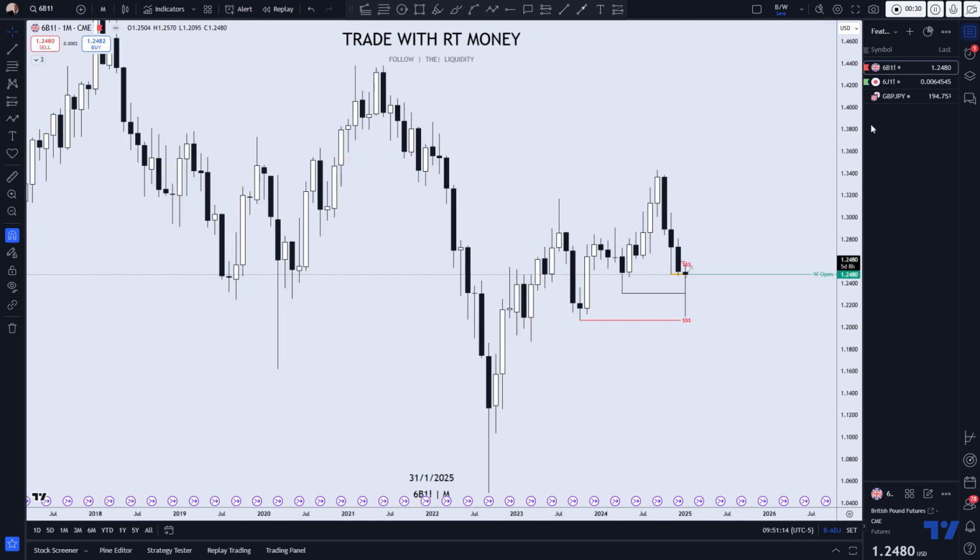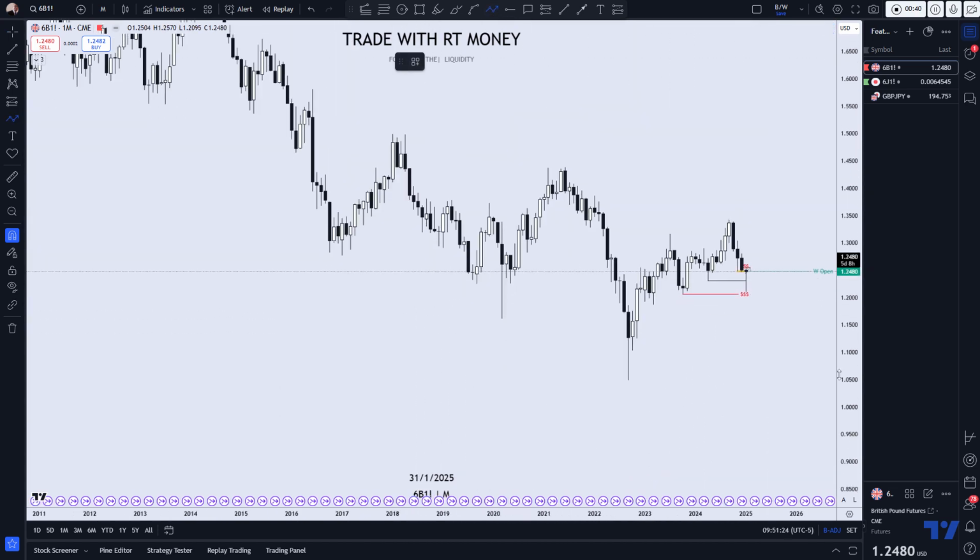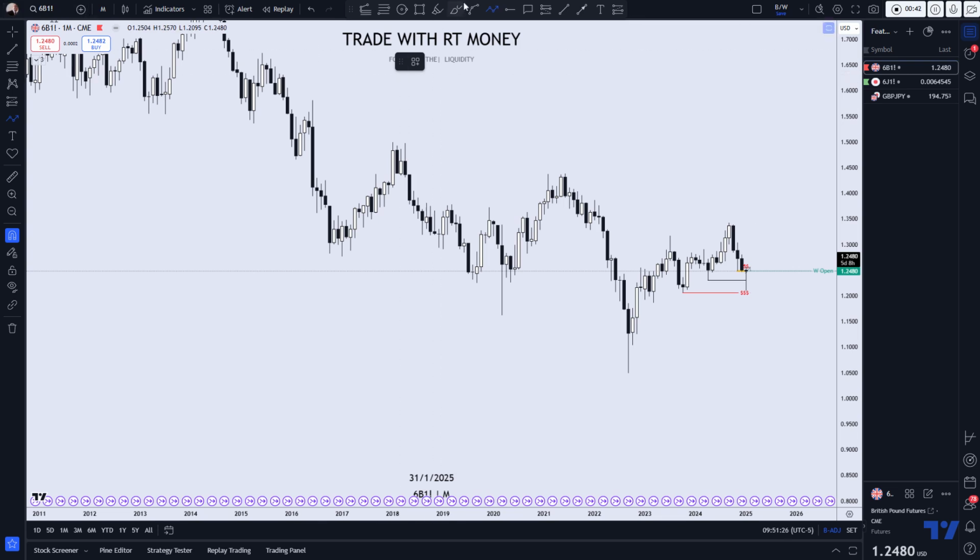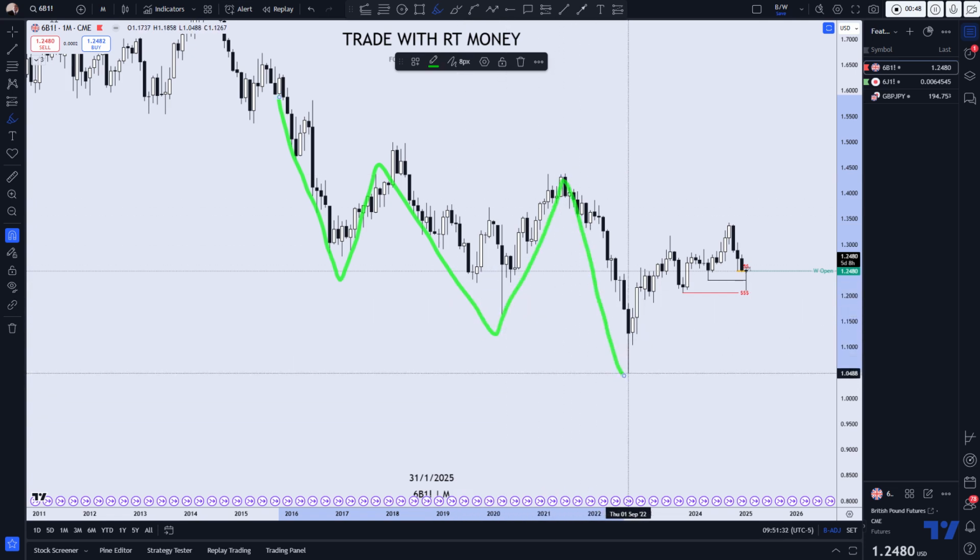Now, first thing I want to do is analyze the individual currencies. Let's look at the pound first, the pound futures. You can see that it has been weak. If we're looking at the monthly chart, it has been making lower lows, lower highs, lower low, lower high, lower low. It's been in a downtrend. But look,